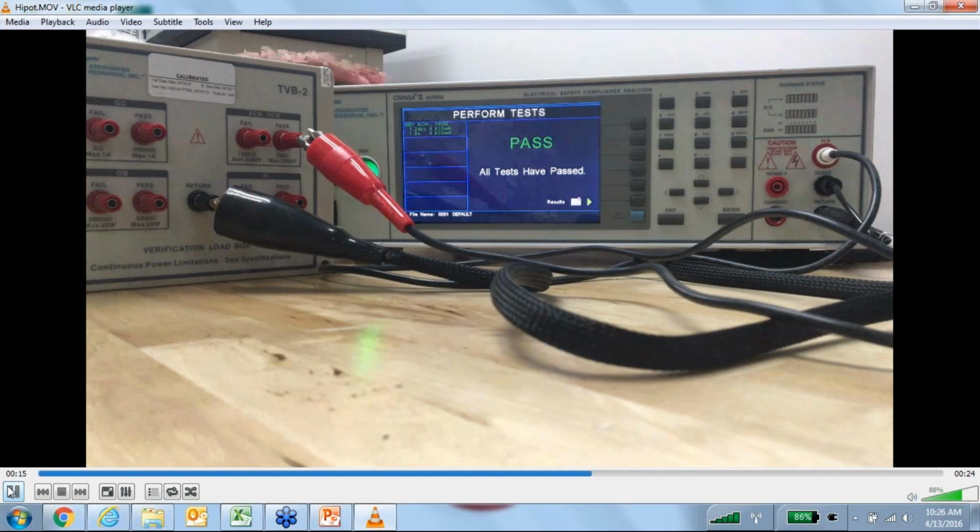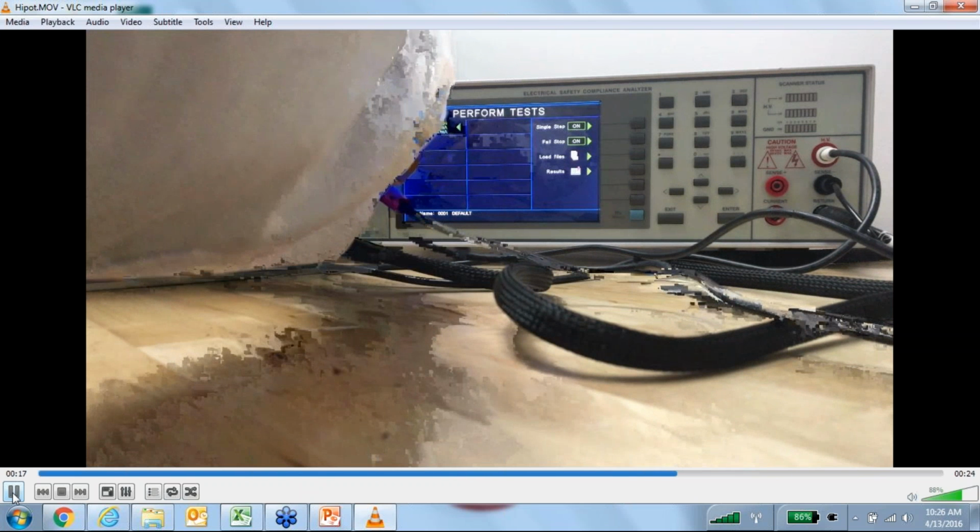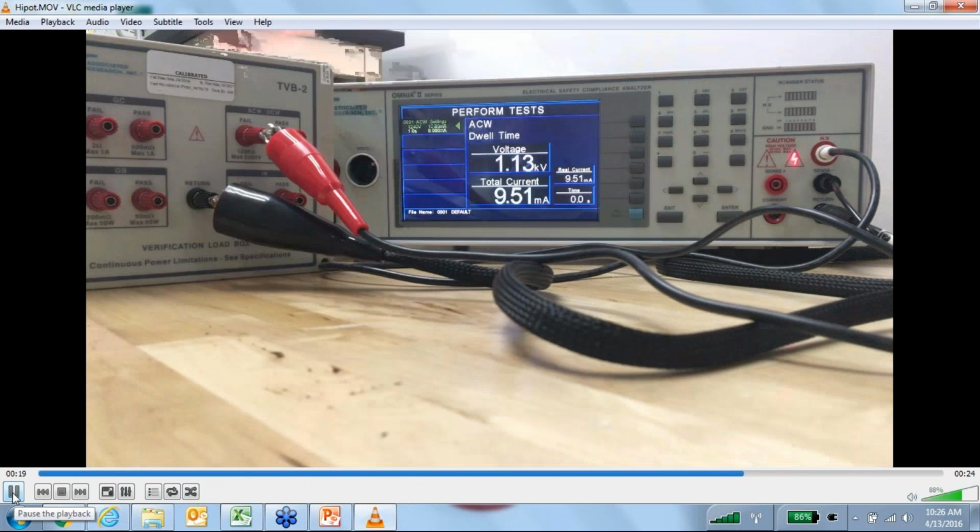Now, if I want to switch over to my fail side on my TVB2, you can see I'm leaking nearly 10 milliamps, I'm sorry, which is more than enough to hurt somebody. I know this through experience. So this TVB2 box is a great way to verify your instrument's running, but for our needs right now, I'm just showing you what a Hipot test looks like when you're running it. Okay, so